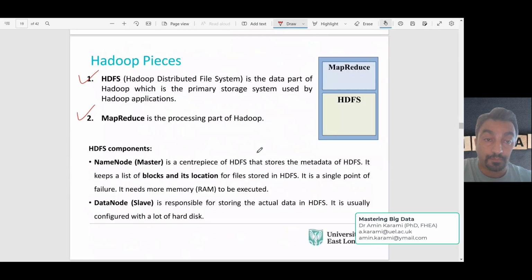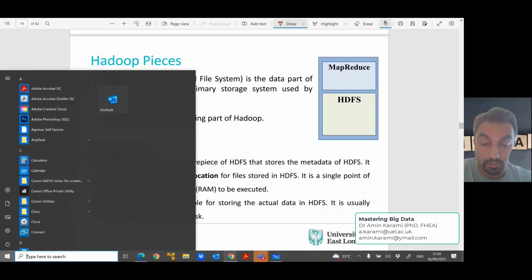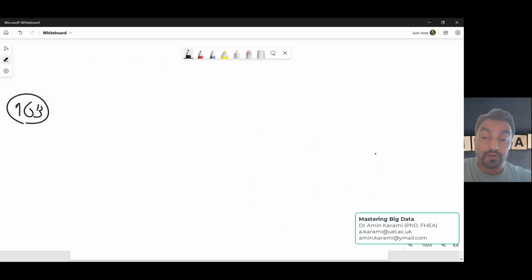Okay, how to do so? Let me show you. I have 1 gigabyte of data on my own PC, or one laptop. I want to work with this 1 gigabyte of data, and I don't want to buy additional resources. So let's say in my machine, I have